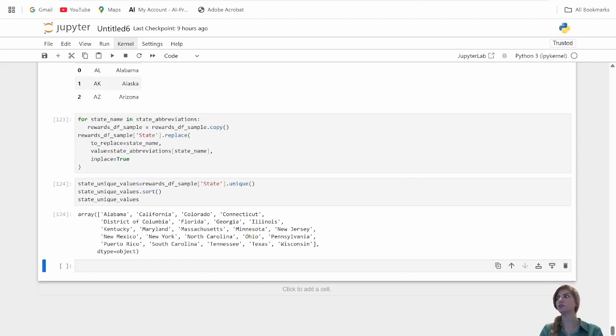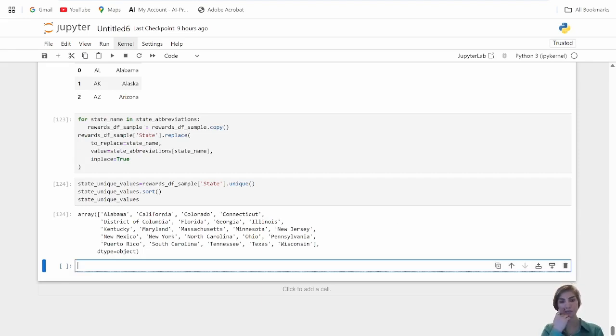For doing that, I need to take advantage of the merge possibility in Pandas. So I would say that my last state of the data frame, which was the rewards data frame sample, is going to be equal to pd for Pandas, and merge